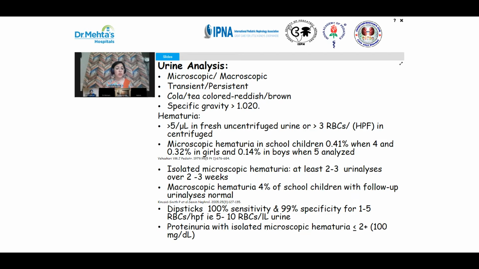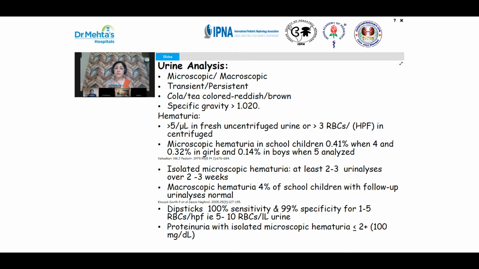In gross hematuria, we have already mentioned that the urine becomes cola color or tea color, that is reddish brown in glomerular causes, and they are usually concentrated because the GFR is low, so the specific gravity of the urine is high. Hematuria has been defined by presence of more than 5 RBCs in a fresh uncentrifuged sample, or more than 3 RBCs per high power field in a centrifuge sample. Some books and some authors still believe that more than 5 RBCs in a centrifuge sample should be present to define hematuria. However, persistence of 2 or 3 RBCs have also been